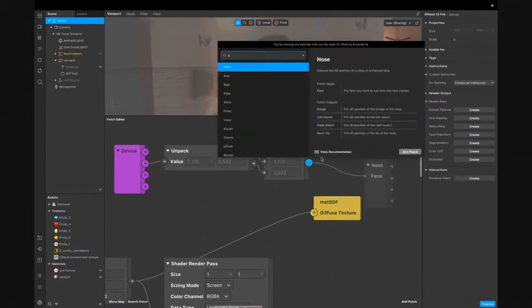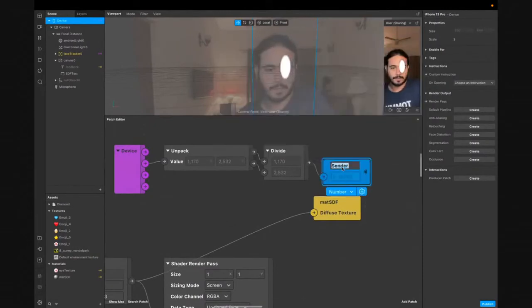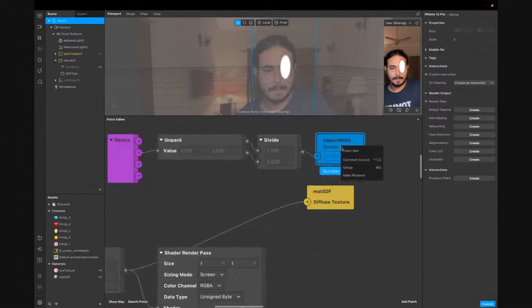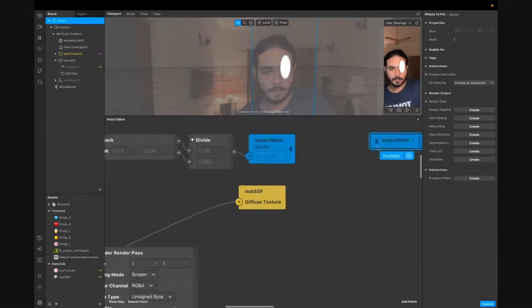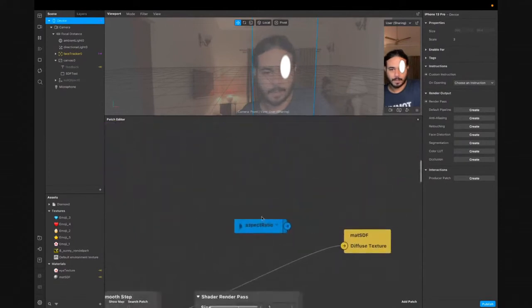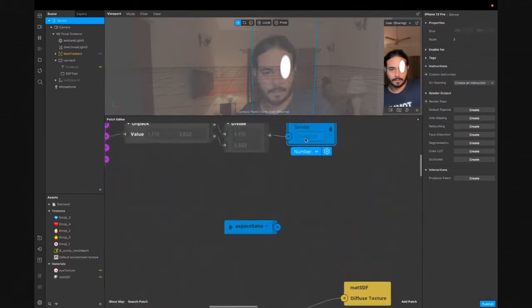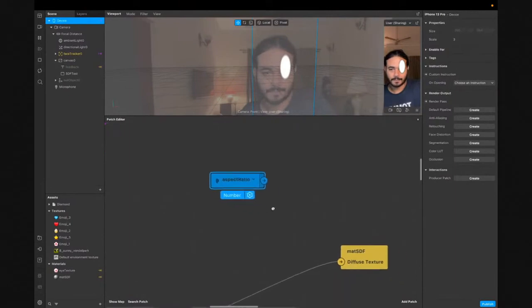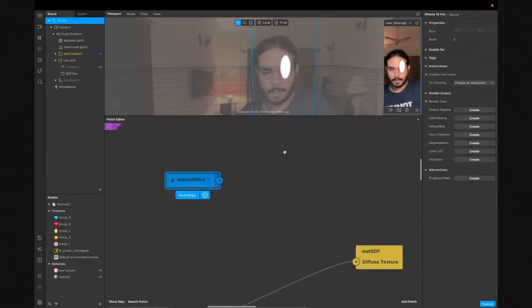So I'm going to call it an aspect ratio, and I'm going to use this aspect ratio to make some changes for me. And this we can put it up because we got the sender. So this is the value that we're getting. So we got this in here. And I'm going to use a